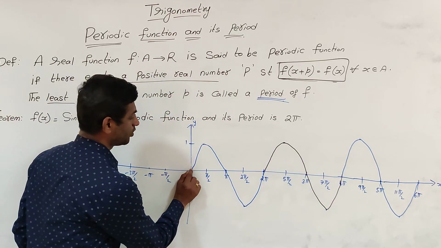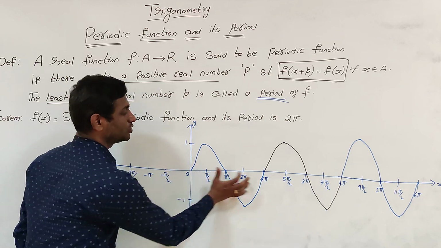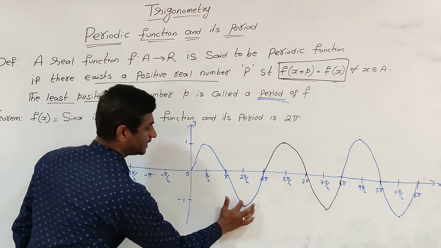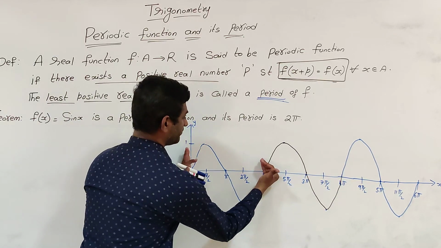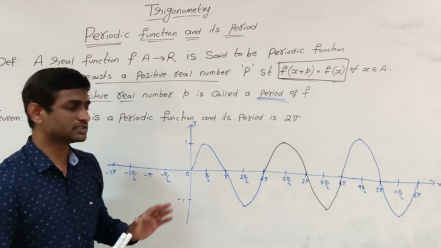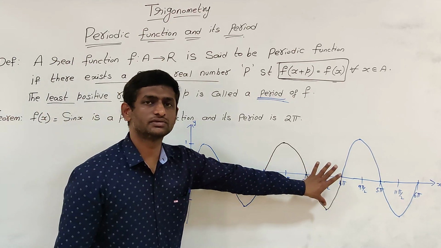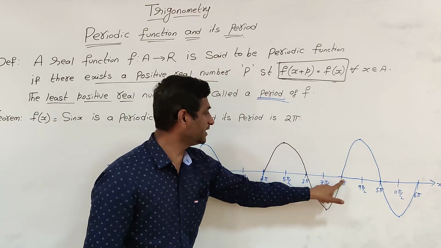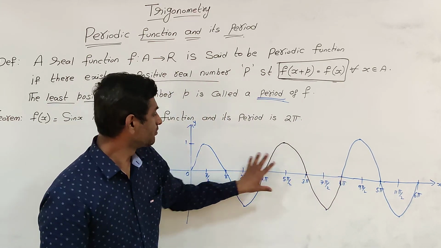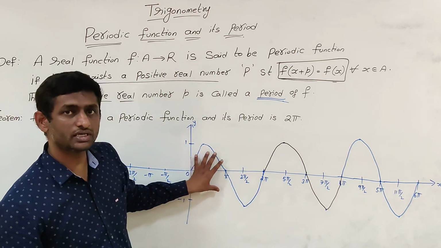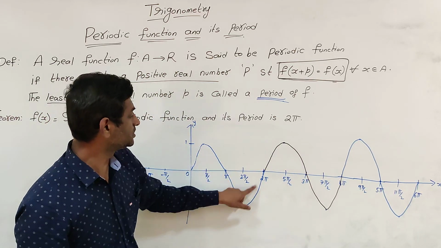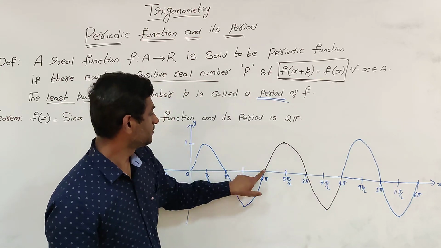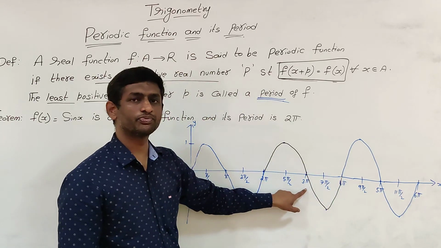See, whatever the shape exists between 0 to 2 pi, meaning increasing, decreasing, again decreasing, increasing, the same shape will exist in the further terms from 2 pi to 4 pi. Again the length is 2 pi. So what is the shape? You can observe clearly by identifying the blueprint of the shape, and the same shape exists in the blueprint. See, from 2 pi to 4 pi is also the same shape.